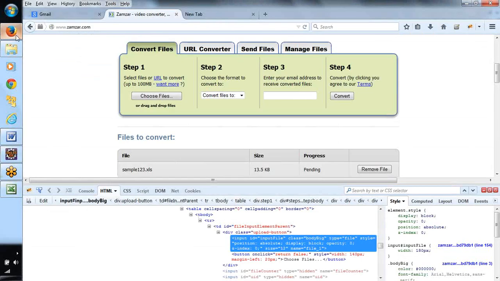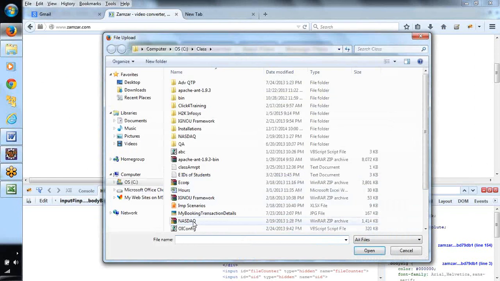It would recognize this particular text box and this particular button. There will be locators for this text box and for the open button. It is a real automation tool which will recognize the object, enter the value, and again recognize this button and perform some operation on it.